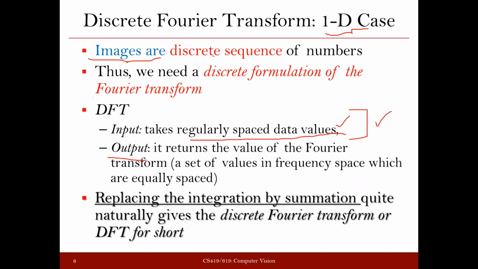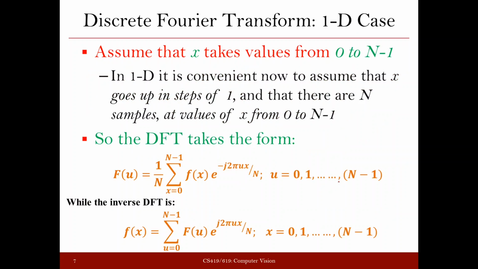Okay, and how can we get the discrete representation from the continuous formulation? There are some very straightforward indications that we can get. In the continuous domain, we were using integration. In the discrete domain, there won't be any integration. So in place of integration, we will be using summation. Right? So now we'll first discuss the discrete Fourier transform for the 1D case, and then we'll go for the 2D case.